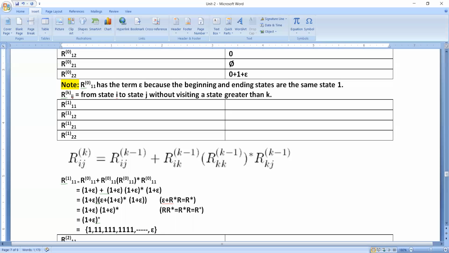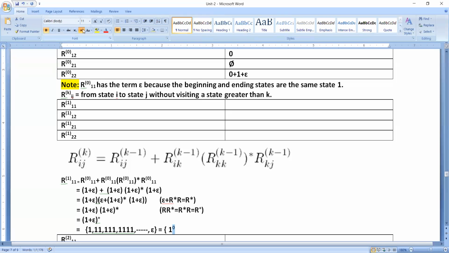When I write epsilon as 1 power 0, then our series will start from 1 power 0, comma, 1 power 1,